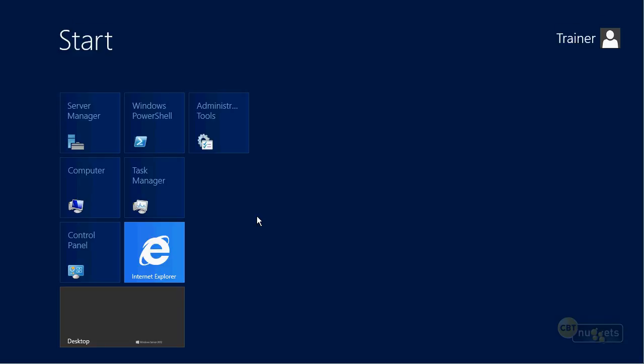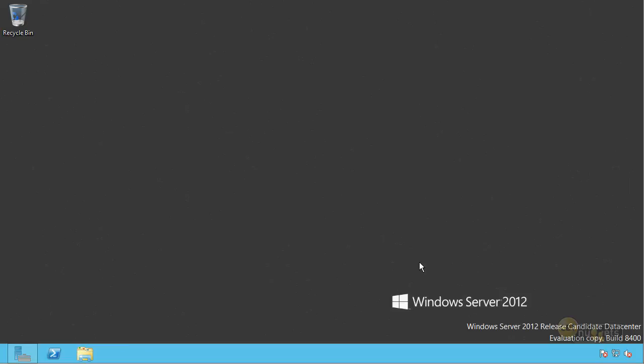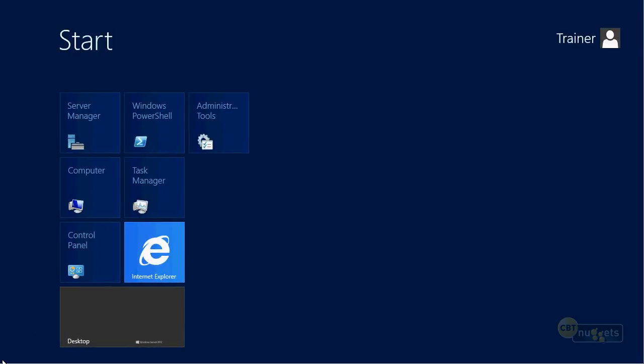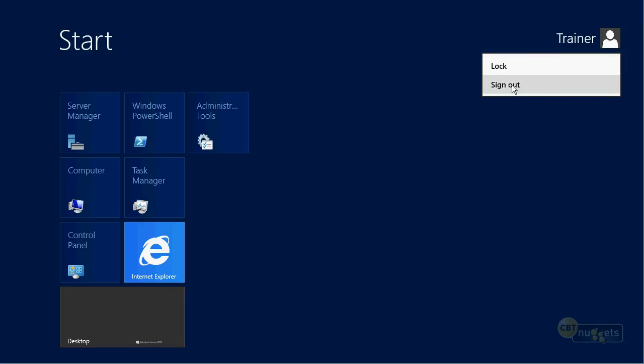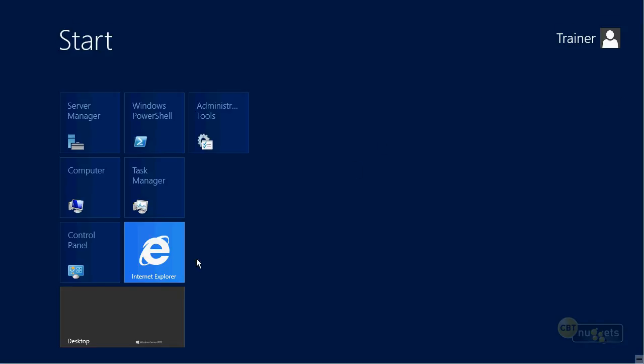Also notice that if I wanted to, let me go back to the desktop, if I wanted to log off, well, wait a minute, there's no Start menu, so you can't click Start and log off. Or actually, can you? Actually, this is called a Start charm now. It's a charm, so you click on that. And then you go up here to whoever's logged on. Now I can sign out. Okay, or you could lock the computer, either way.